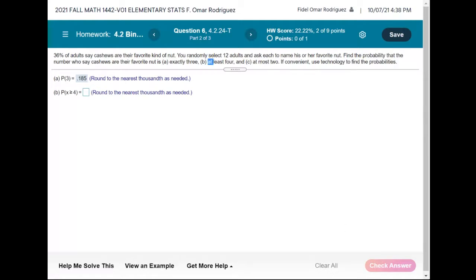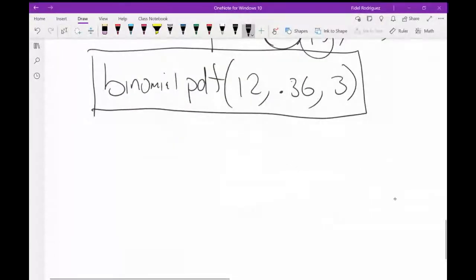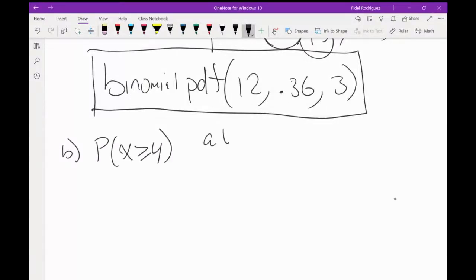So part B says at least 4. Let me get out of this part so I can show you again on my notes how I'm going to do the second part of it, which says at least 4. When we do part B and it says at least 4, what pops up, y'all, is this. And I want us to understand what at least 4 means. At least 4 means 4